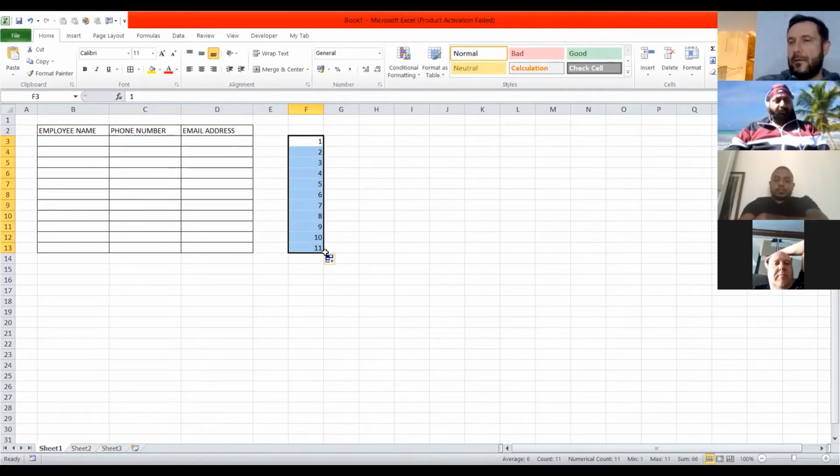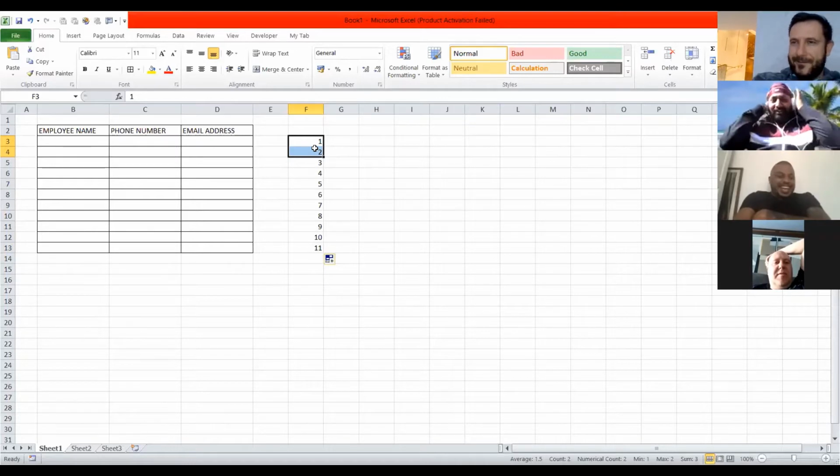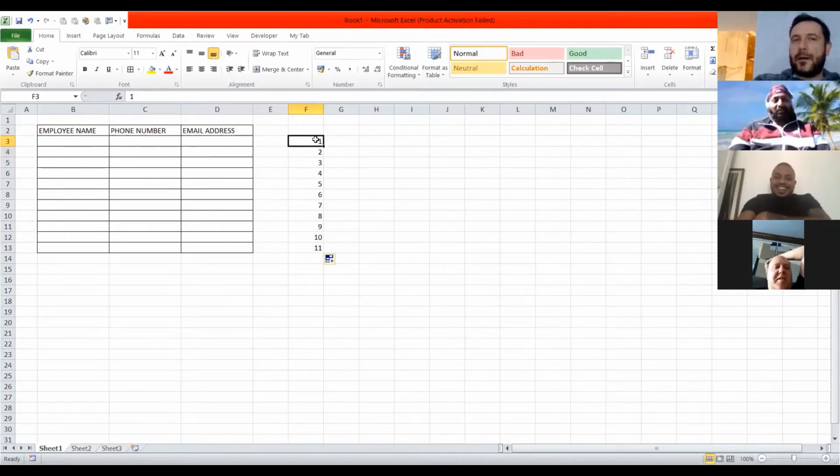Could you see properly on the screen? Yes. Okay, perfect. From 1 to 11. 1 to 13, no? So 1 to 11. Yeah, Lalita, 12 and 13 is not in your list. So I make it full screen. I put 1 and 2, after I select both of them, and I just drag it down from the corner underneath the 2 like this.